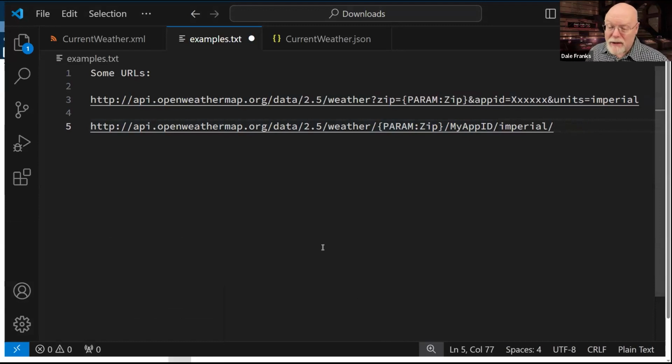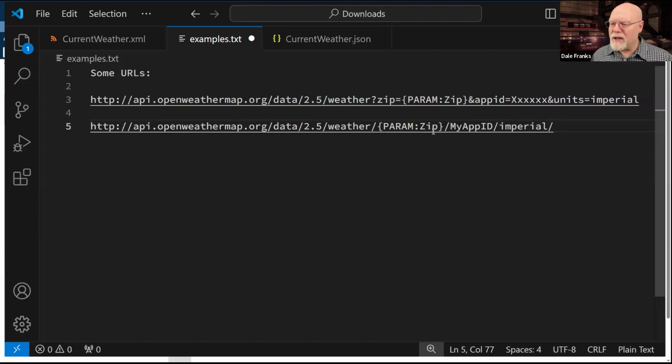Now, in this case, the REST parameters are just built into the call URL itself. They're not passed via URL parameter. These tend to be the two primary ways in which a REST URL is constructed. And of course, you have to throw in your particular variables.